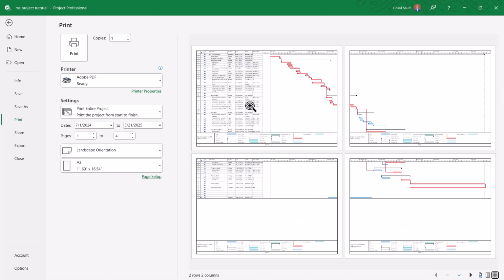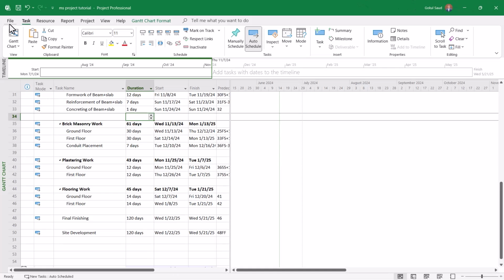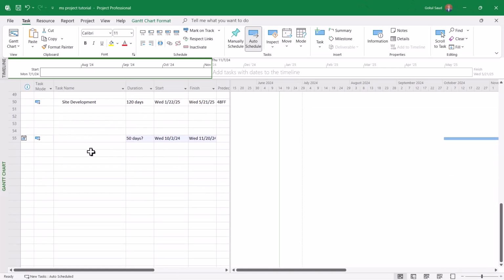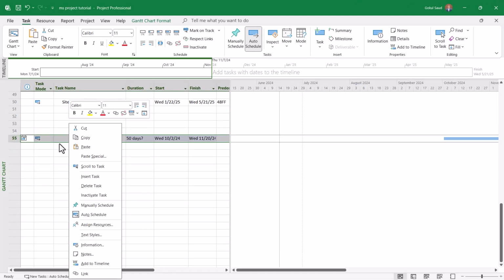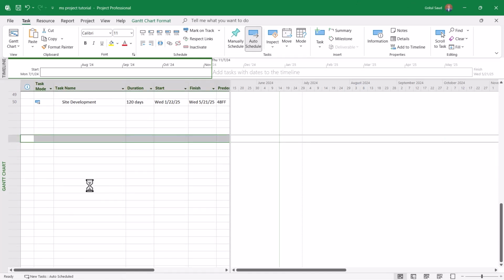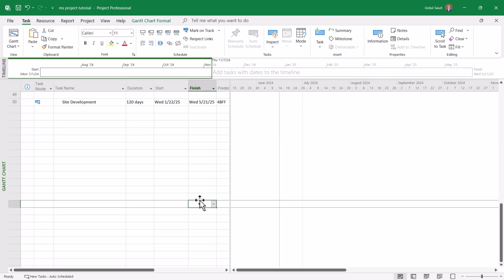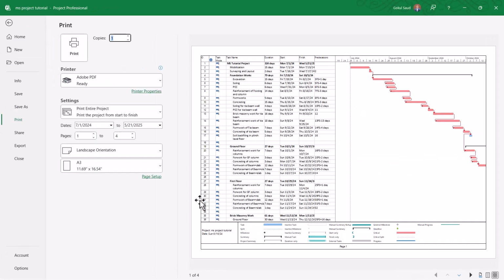Okay, you can see that this page and this page are fine, but these are the cut pages. So there must be some problem, and you can see over here there is an additional task that has been created by accident. So let's delete this. We'll right click and click on delete task, and now again press Ctrl plus P,